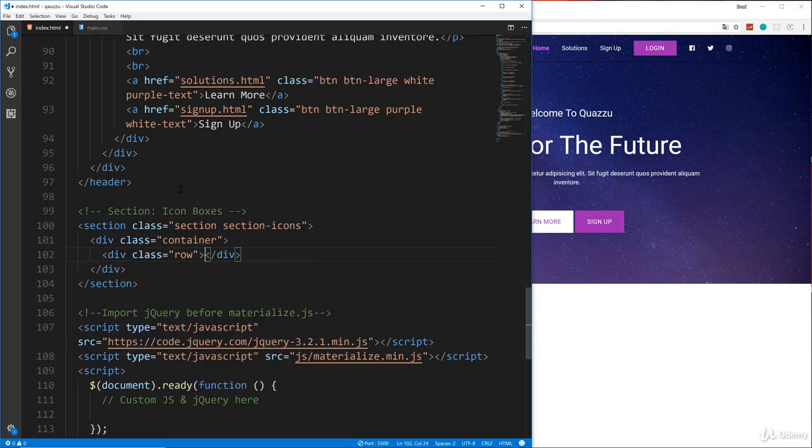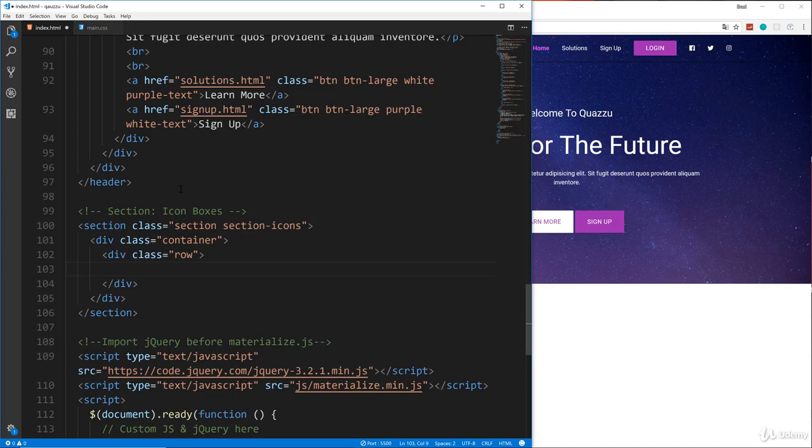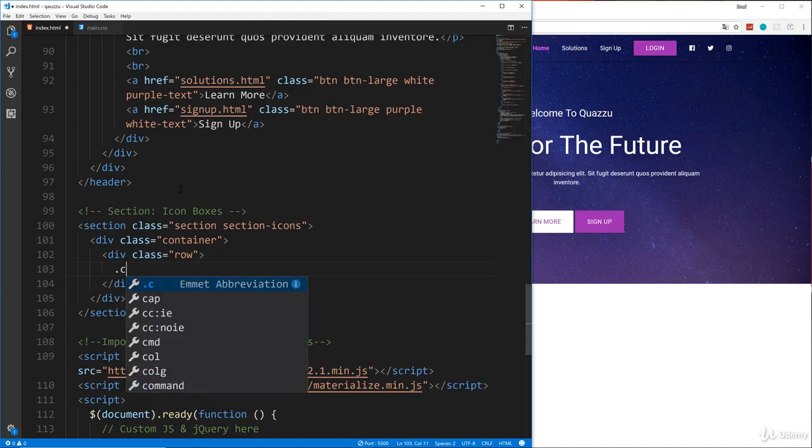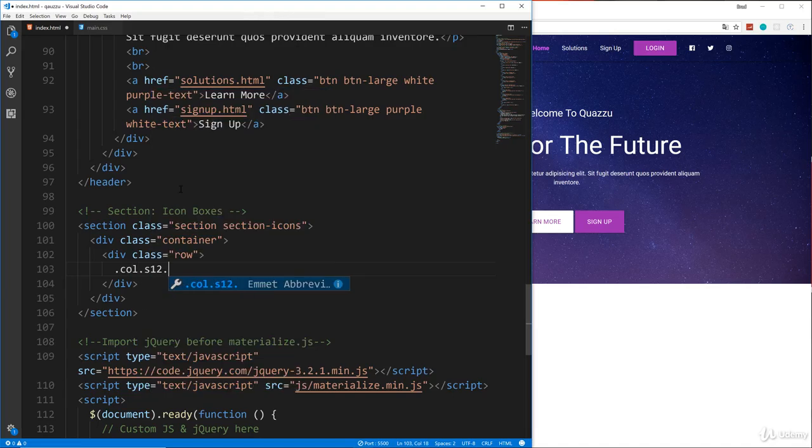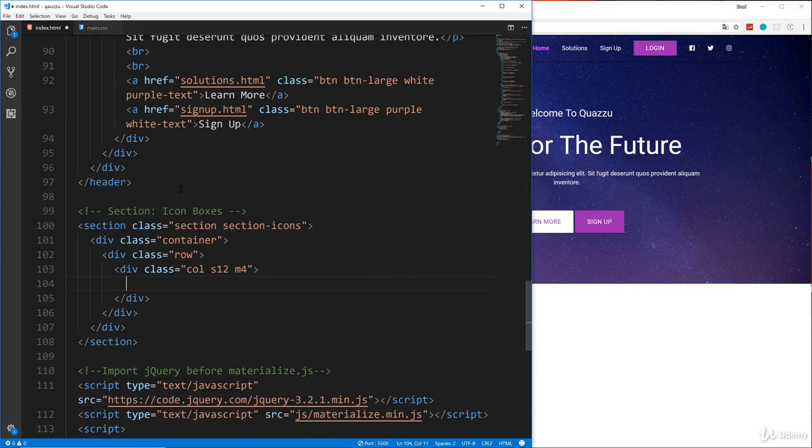So let's do a row, and we're going to have three 4-column medium columns, or divs. So say class s12 and then m4, and we also want to center. Actually, we'll do the center up above. Yeah, we'll put the center here like that. Alright, and inside here let's do a card panel,